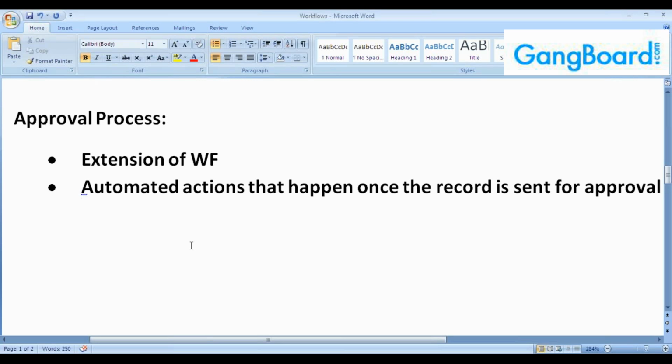Here also you will be defining the same workflow actions like sending a task, email alert, field update, and outbound external message. The same actions only you will be defining here, but in a different way. Why? Because once you submit a record for approval, how will your supervisor come to know